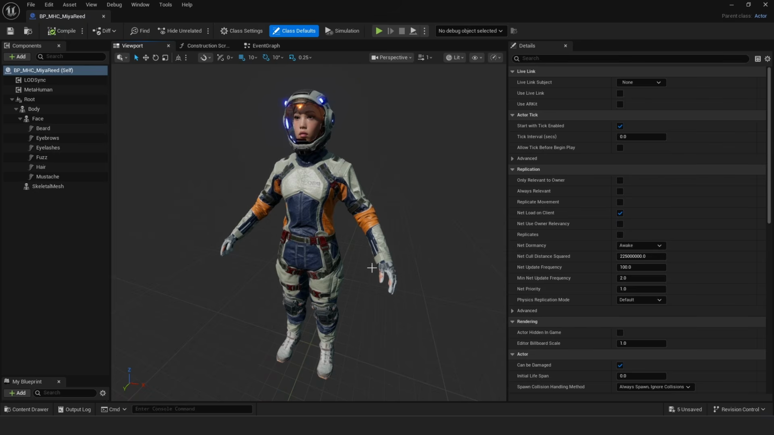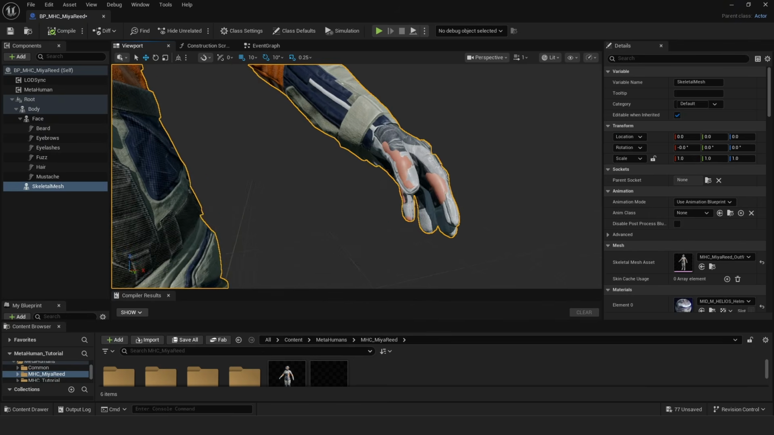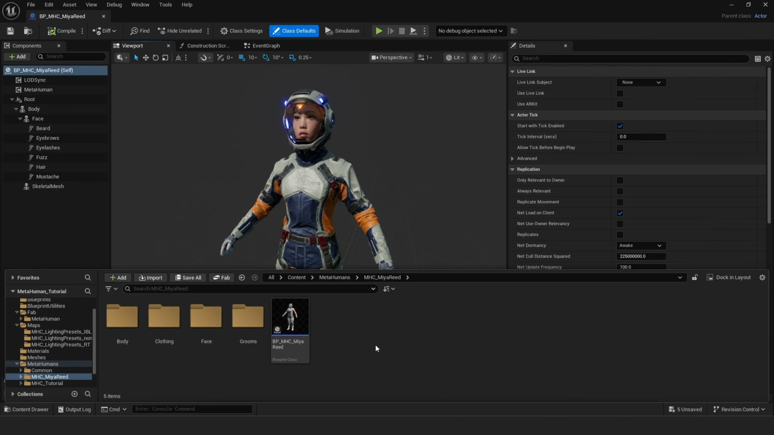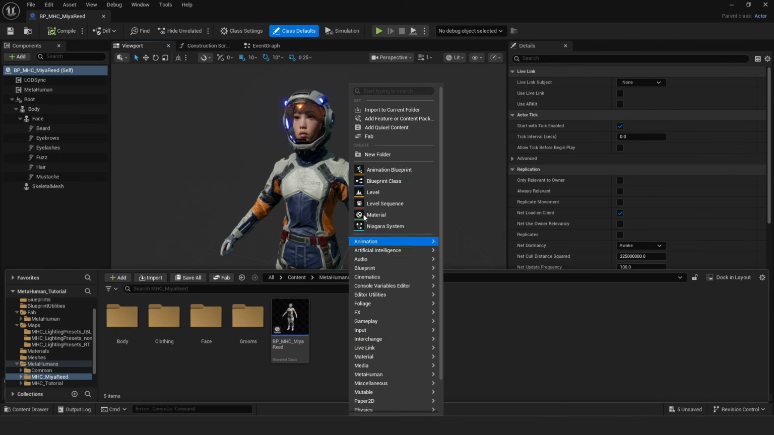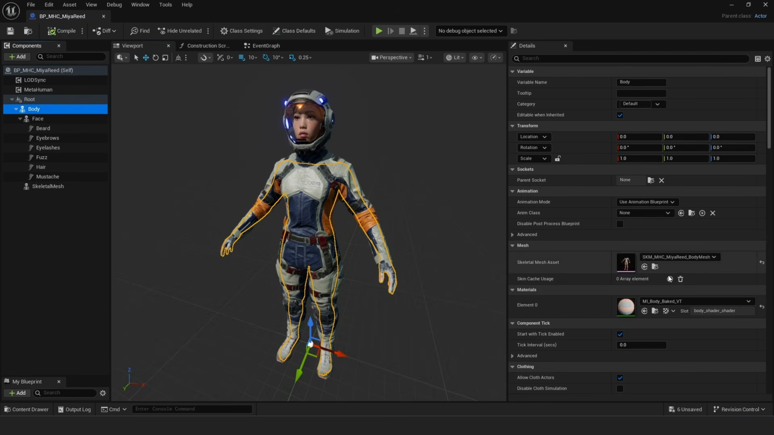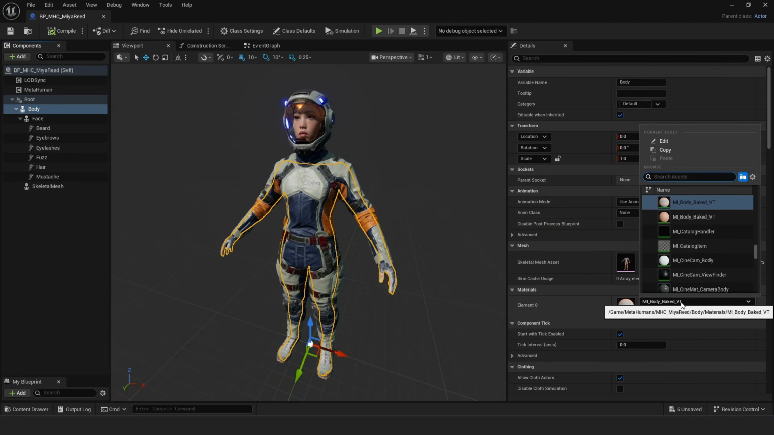The first thing you may notice is that the body skin is still visible underneath the outfit. To fix this, we'll create a simple invisible material. Right-click in the Content drawer and create a new material. Name it M-Invisible. Now go back to the blueprint. In the Components panel, select the body component. In the Details panel, find the body material slot and replace it with the